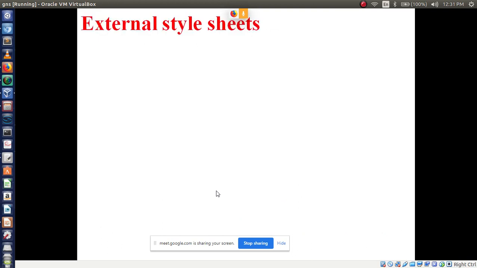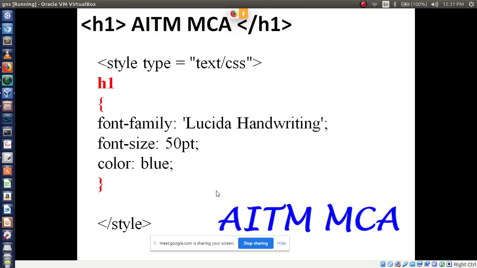Now before going to discuss the external style sheet, because there is a little bit of confusion, first you learn how to write a document level style sheet. Now you do one thing: write this example and display like this.